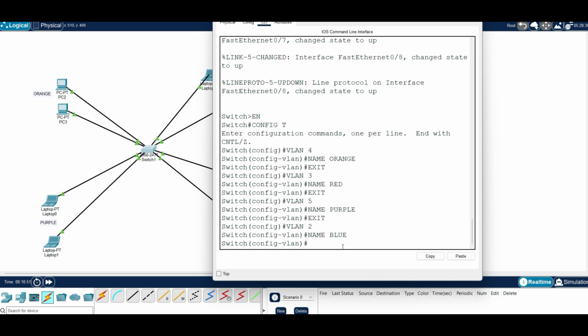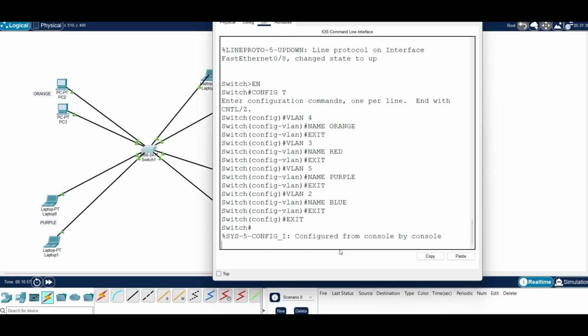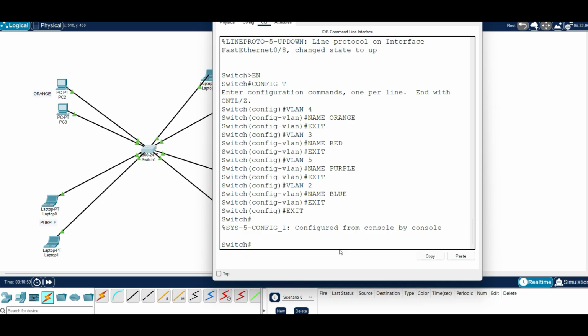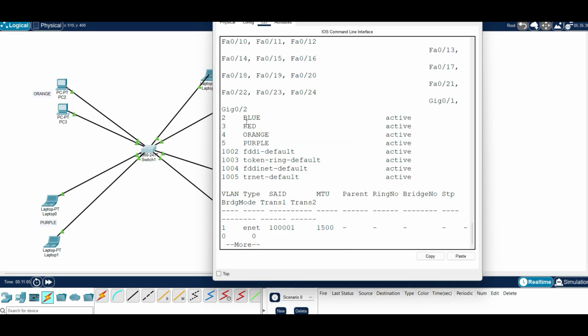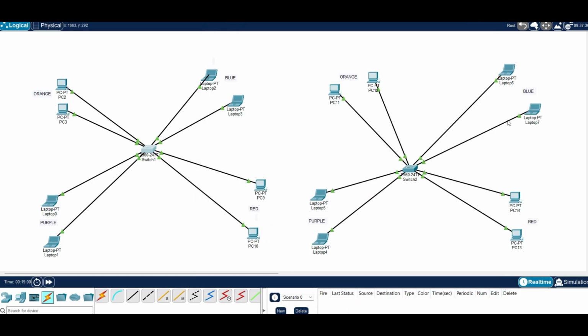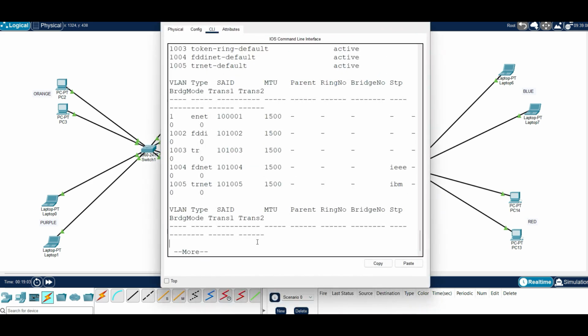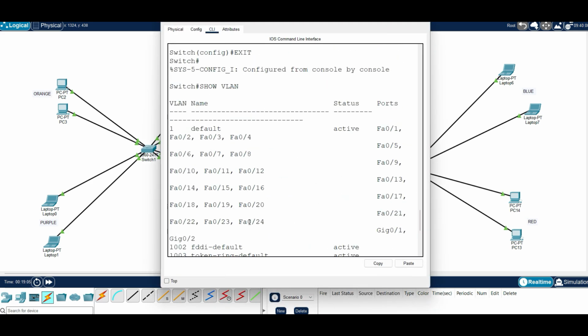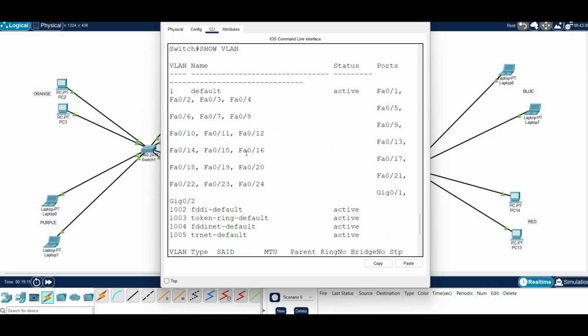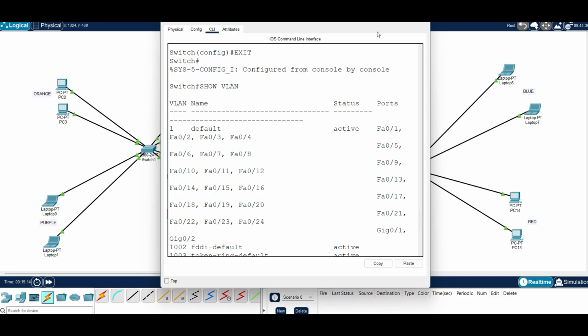So how do we check all the VLANs that we created? Easy. We go back to privilege exec mode and we do show VLAN. And these are all the VLANs that we created. Thank you, y'all. It says that this one doesn't have a VLAN. I'm gonna show you how it looks. I put show VLAN and I didn't create VLANs for this network on my right hand side. Look,